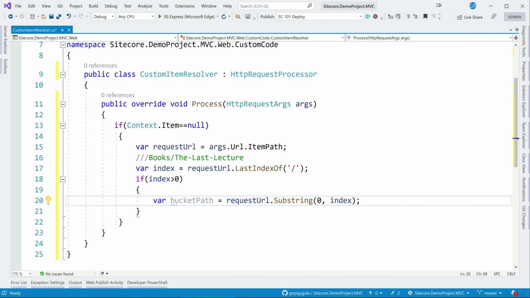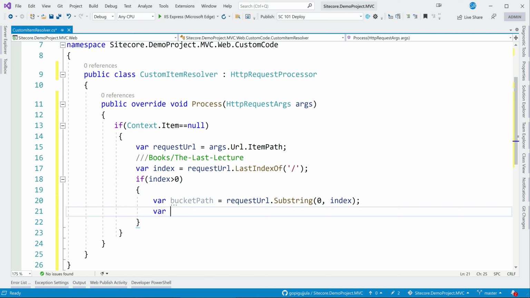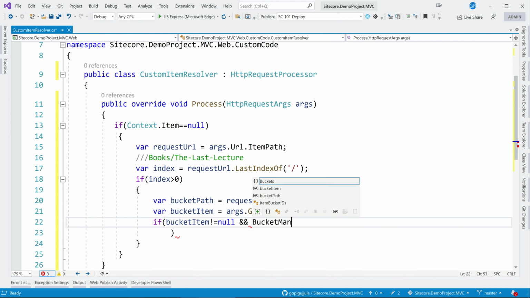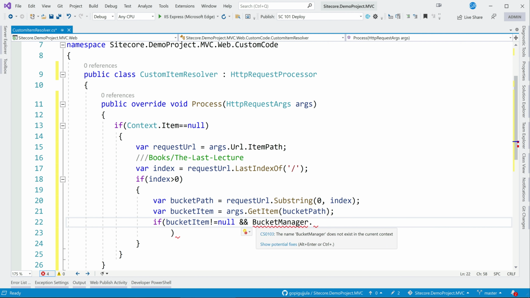Now I need to get the item. So where bucket item, args dot get item. So now I can pass the bucket path, and I need to find out now whether this bucket item is not null, and is it a bucket item. Not equal to null. And remember from that bucket manager dot,